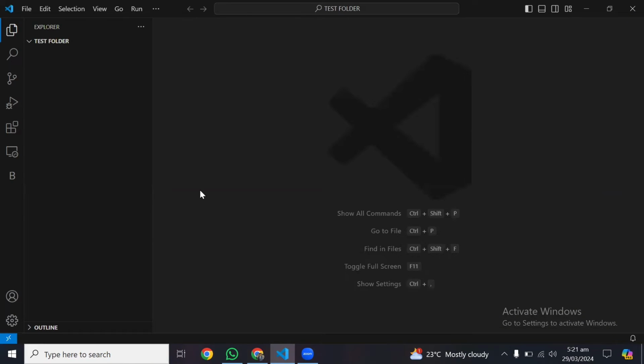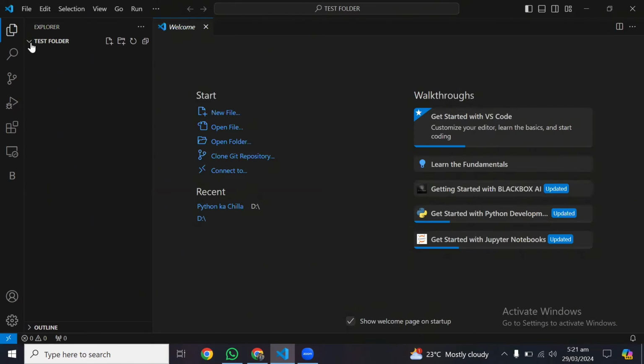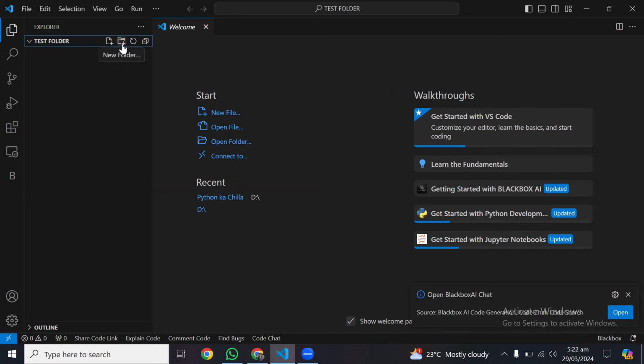Now drop down the folder menu, and as you can see multiple icons. Click on the second icon where it says new folder, and here you go, you have just to rename the folder. I will just create it folder 2, and there you go. Your new folder has been successfully created on